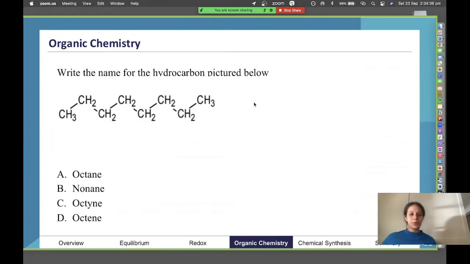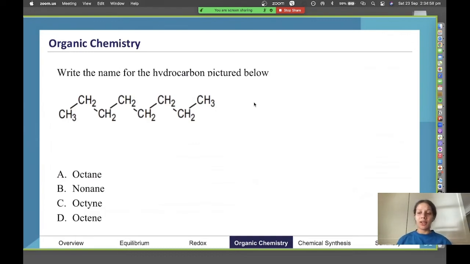Alrighty, we will go through our next lot of content. So we'll be focusing on Unit 4 now. We'll be having a look at organic chem and then the second topic of chemical synthesis. So a little variety of questions again, but let's have a look at this first one.